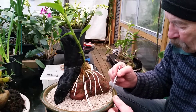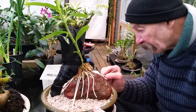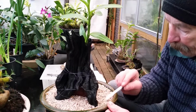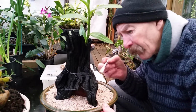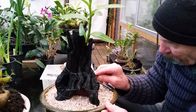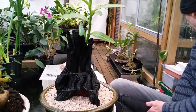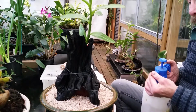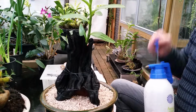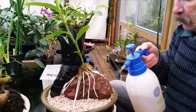Because it's a very cool, damp, humid, rainy day, and the gravel's damp, and the sphagnum moss is damp, I really don't think I need to water this thing. And if you do, all you really want to do is give it just a little mist, just across the roots,